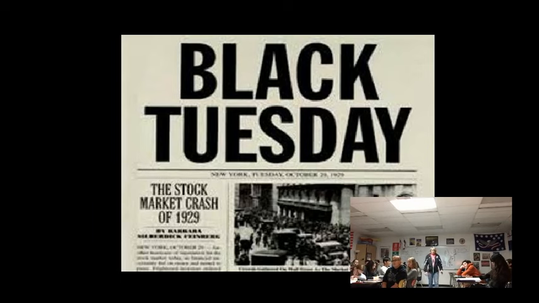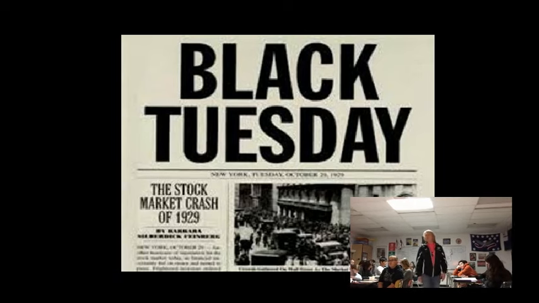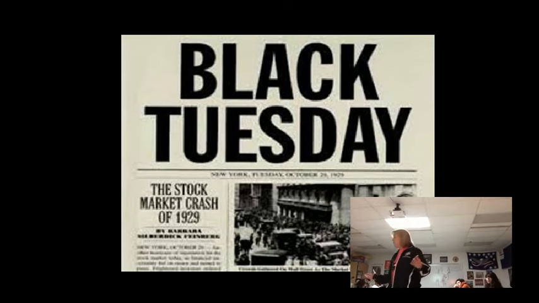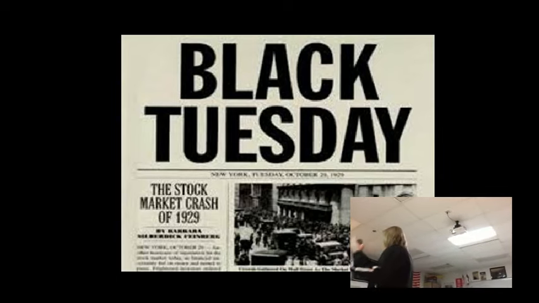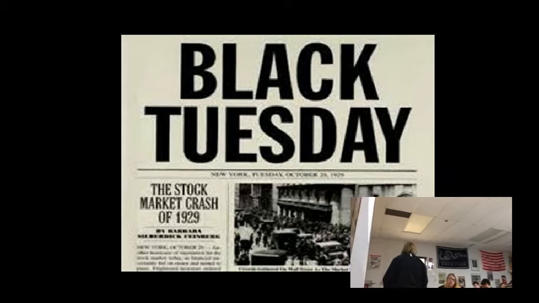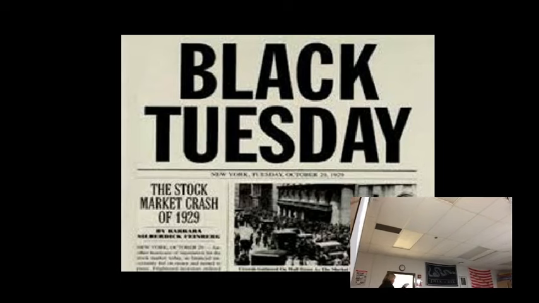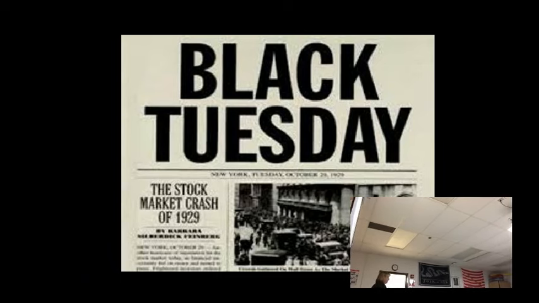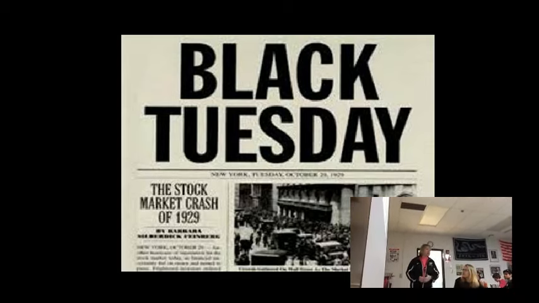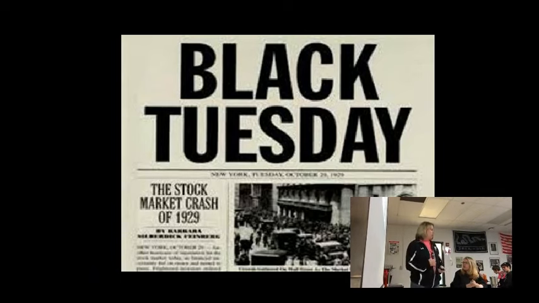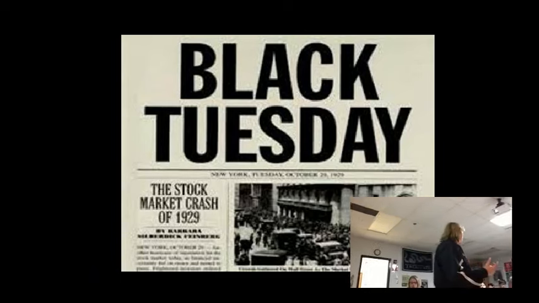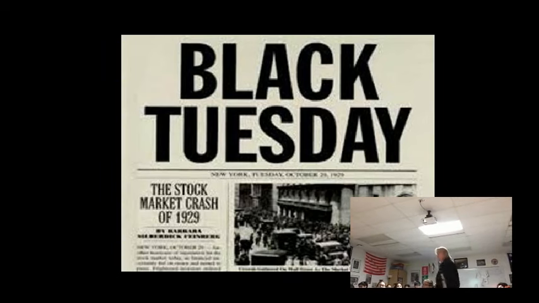Now, it wasn't the initial crash. There were actually two crashes a week apart. In the first crash, as the stock market prices started to drop, investors and bankers started buying up stock. The more they bought, that kind of stabilized the prices. It kept them from dropping any further. But it only sustained the market for about a week. About a week later, the bottom fell out, all the values dropped, and no one could stop it from happening. And so we see the greatest loss in the stock market in history. Okay.